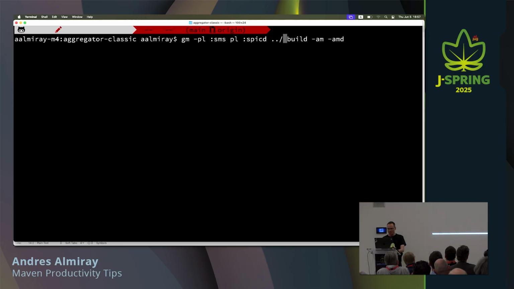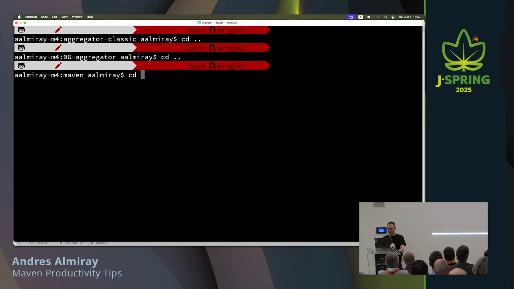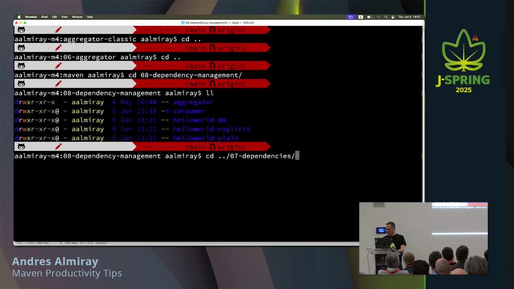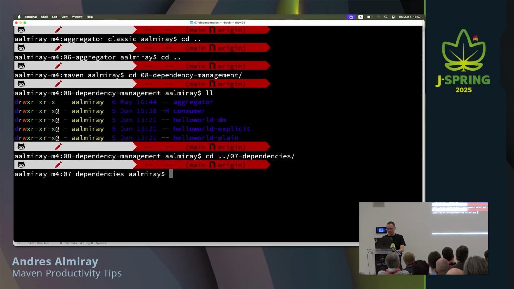So I can, whoops, that's not what I want to do. I want to go 1 level up, another level up, and this is not in cache, but this is version 8. The dependency management, that's not the one.